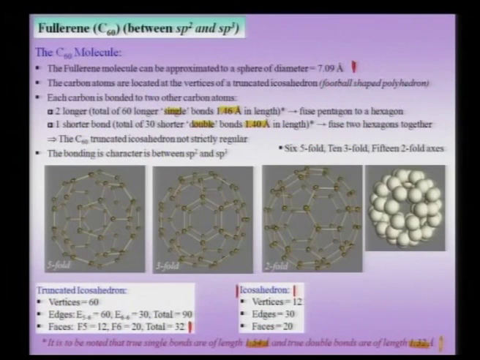So, the longer bonds fuse a pentagon to a hexagon, and the shorter bonds, which are 30 in number. So, 30 shorter bonds and 60 longer bonds; the 30 shorter bonds fuse two hexagons together, right. So, let us try to identify on the figures below, where there are three figures of this fullerene molecule, one